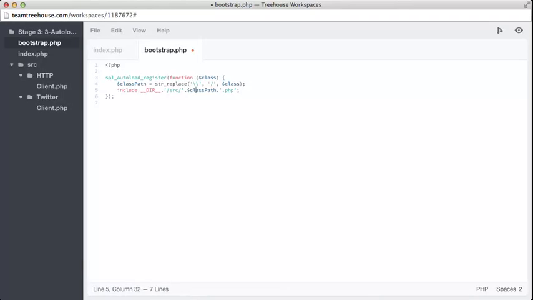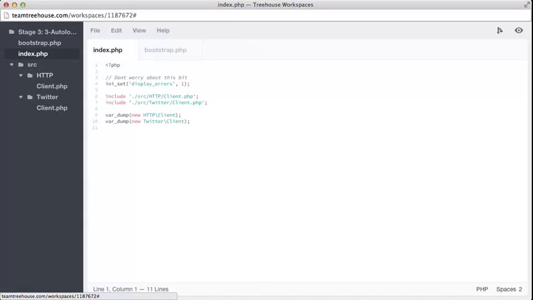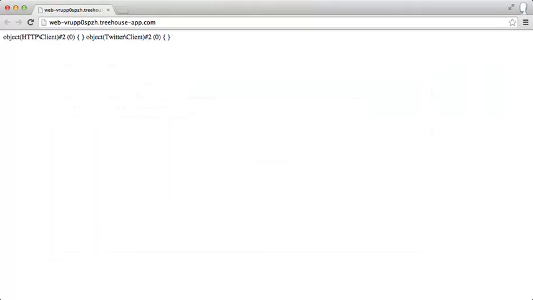Let's go back to index.php and put this all together. So we no longer need to include these files manually, so we can delete this line. And we can change this include here. So instead of including one of the classes directly, we can say that we'd like to include Bootstrap. Let's try having a look at this in our preview mode and see if it worked. Perfect. Even though we did not explicitly include the classes we wanted, as we did in the last lesson, PHP